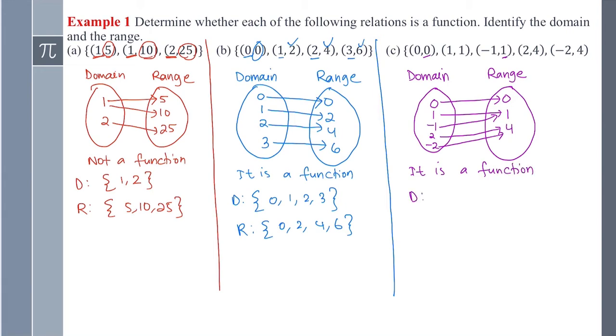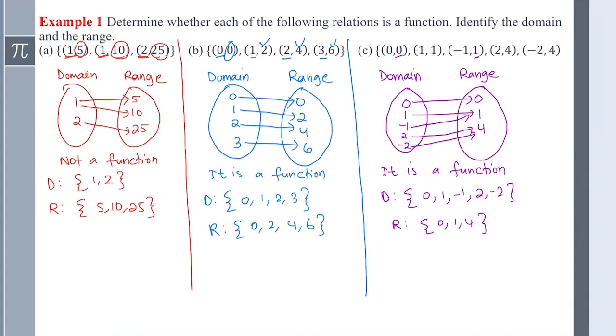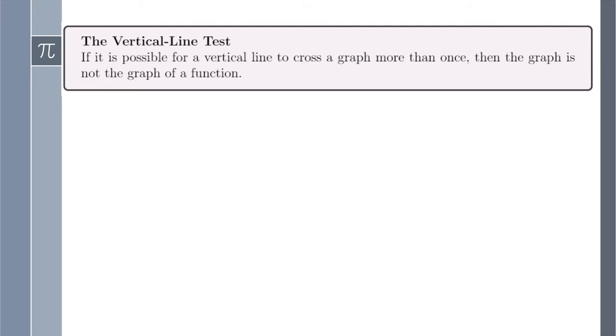Now let's write the domain. 0, 1, -1, 2, -2. In the range, we have 0, 1, and 4. Okay, so now that's how we determine, if you are given an ordered pair, whether it's a function or